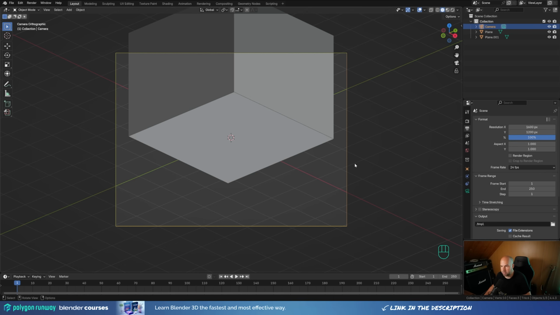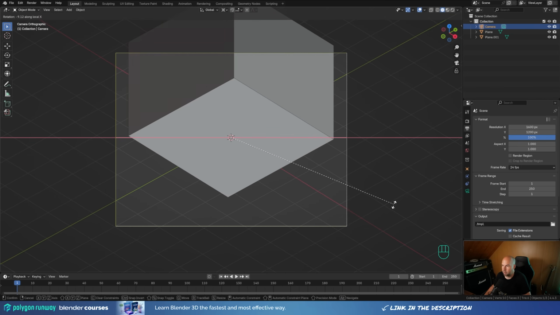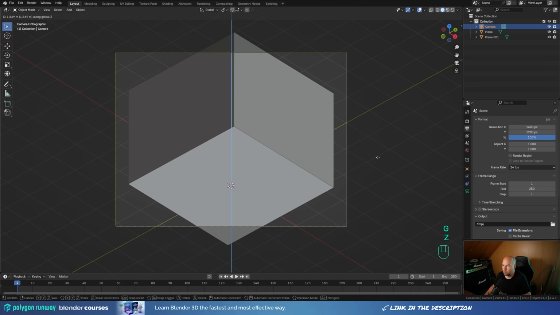And now I would like to have more like a top-down view. So let's press period on a keyboard, switch to 3D cursor, and let's press R, then X twice, and rotate it like this. Okay, that will work nicely. And now let's switch this back, so press period and choose medium point. You can also do it right here, and now press G then Z and move this up right about here